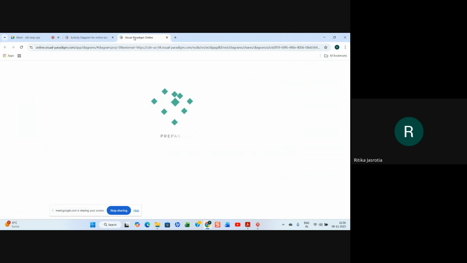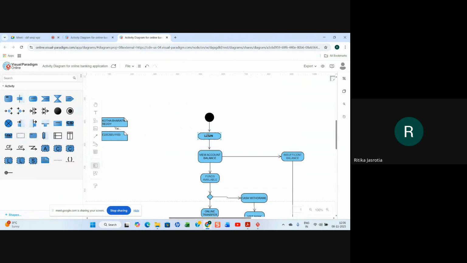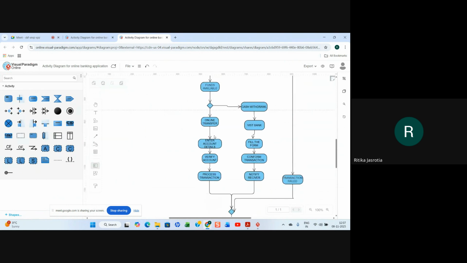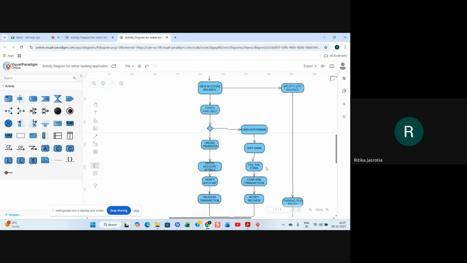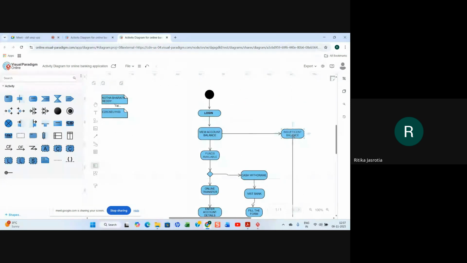Is it coming here? Here it is login. Then view account balance. It is there. So funds available. Why funds available? They are only showing, I think, fund transfer information. Then cash withdrawal also they are showing, but that cannot be done in online banking.